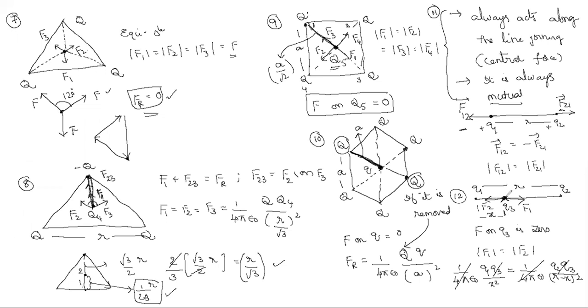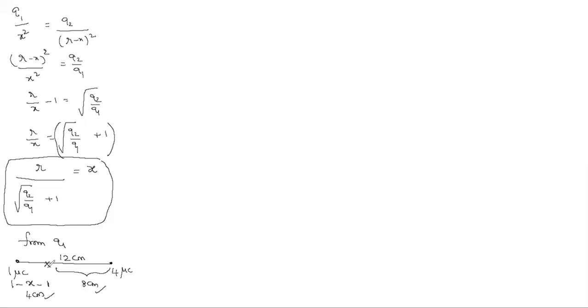What is that point? Neutral point. So when you come to numericals, instead of asking the force on the third charge, they ask you to find the distance of the neutral point from the 1 microcoulomb charge. So you have to remember that word: neutral point. Suppose that neutral point is formed in between the two charges or outside the line joining.